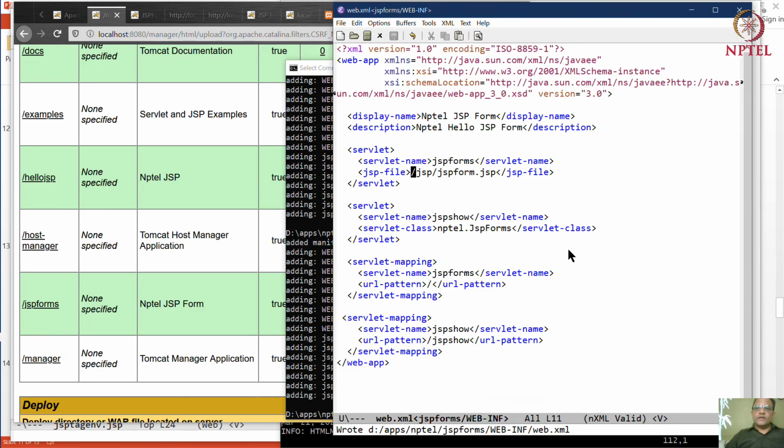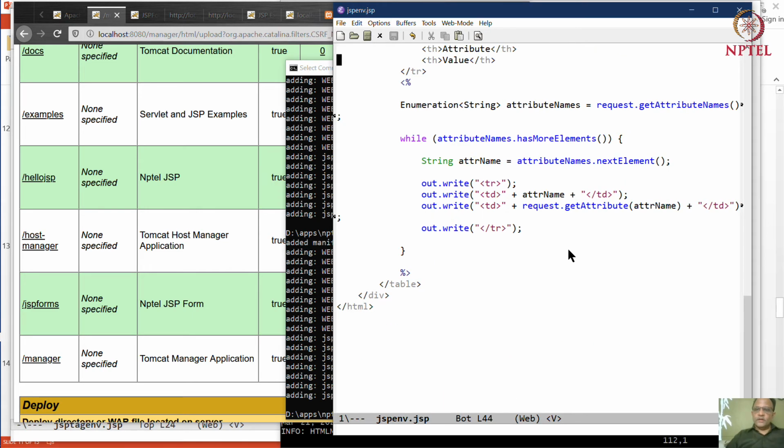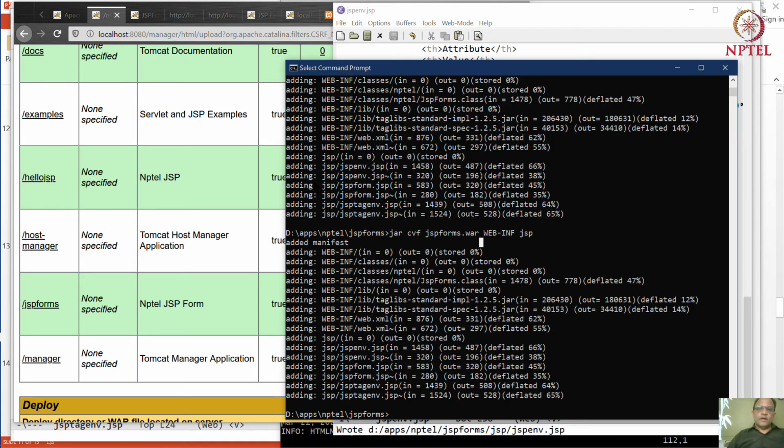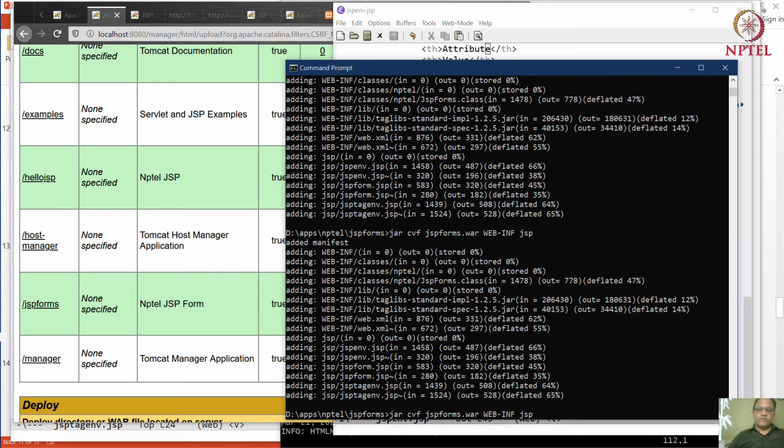Now let's introduce another kind of error, and this time we will create the error in a JSP file. So let's go here and misspell this get_attr. Okay, and now we are going to introduce yet another error here, but this time, although we changed Java code, remember that it's a change in the JSP file, so we don't need to compile anything.